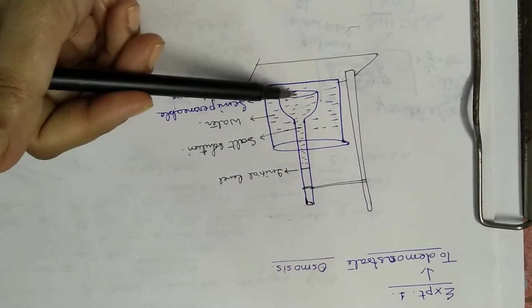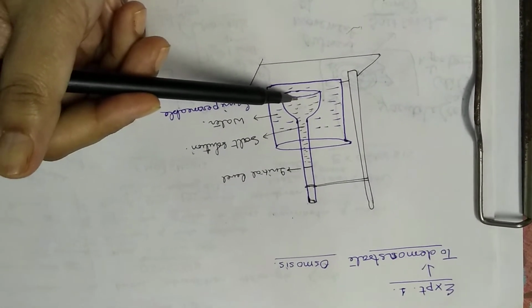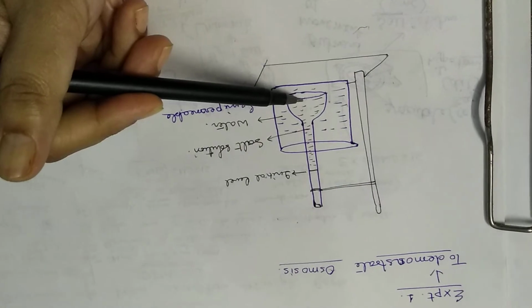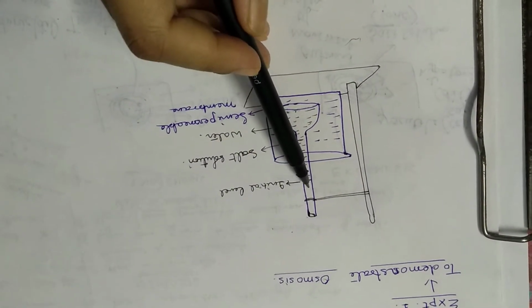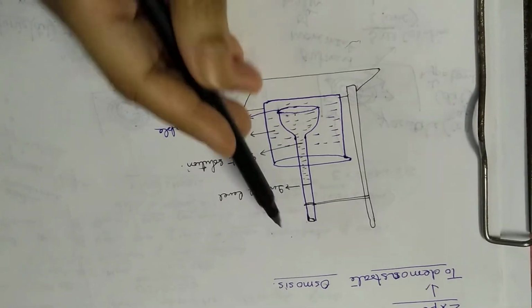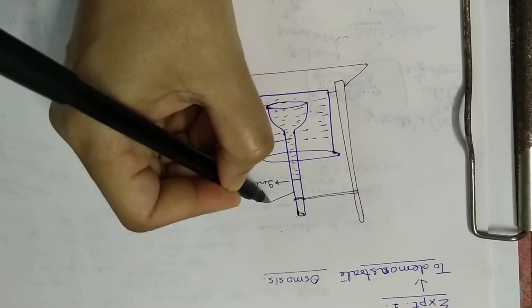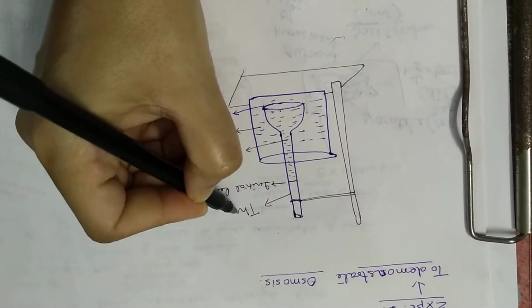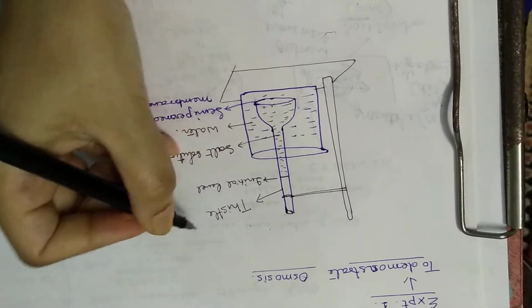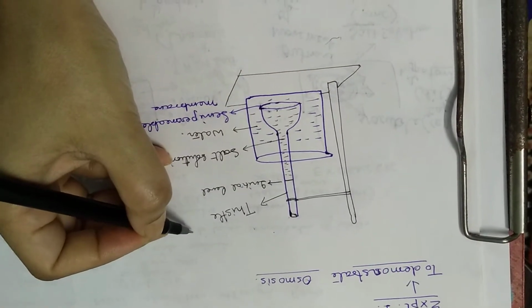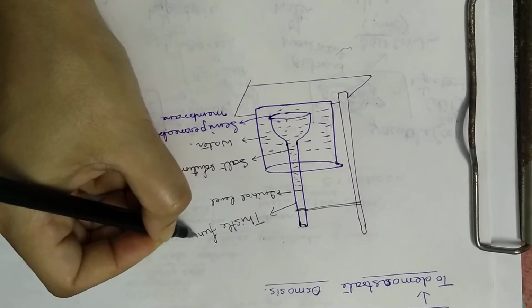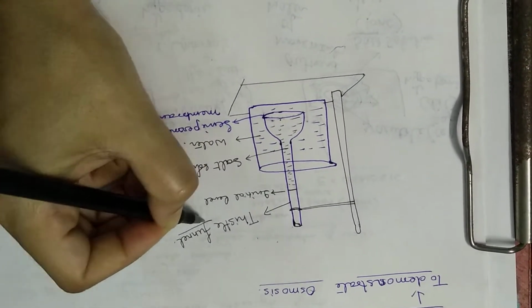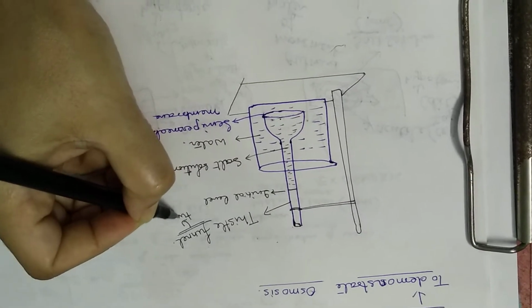It is a very easy process of doing the experiment, and we can easily explain the process of osmosis in this case. So here what we have to take is the thistle funnel. This particular funnel is known as a thistle funnel. And when we talk about this particular thistle funnel, you need to know the funnel. The word funnel is related with something which is having two open sides.